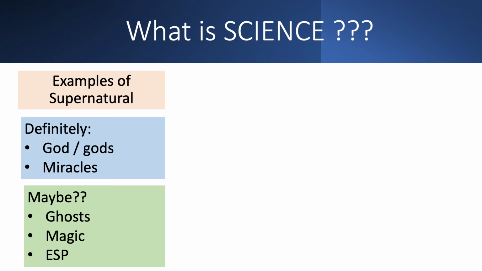If you know what ESP stands for, I'll give you a cookie. And there's no N there. So, hold on here. Extra sensory perception. You can perceive something with an extra sense. You're supposed to have five senses, so if you have an extra one, you have a sixth sense. So maybe there's something out there.